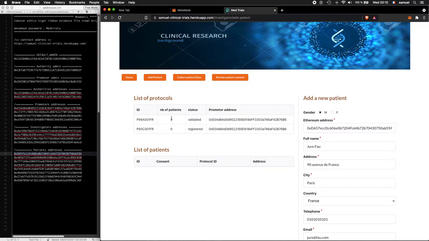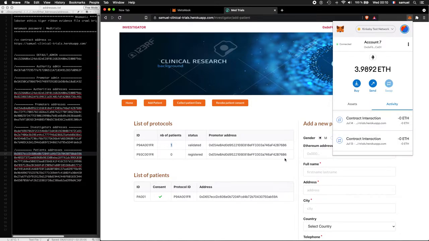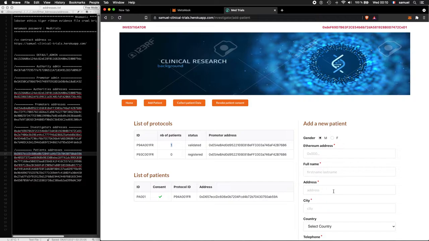So now look here, the number of patients was 0, and now it is 1 because the transaction has been confirmed. As you can see, the transaction has been confirmed, and all this information, the patient information, has been sent to IPFS to store it there, and we got the CID from IPFS, and this CID has been sent to the smart contract to be stored on the blockchain.